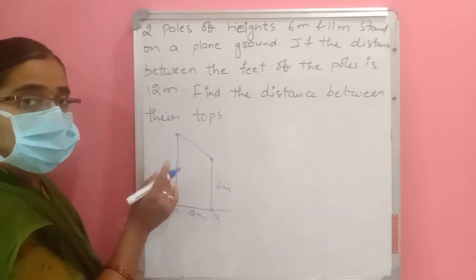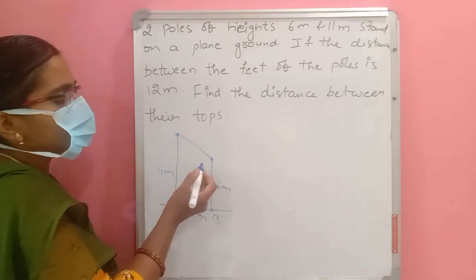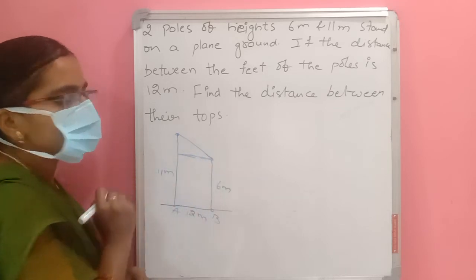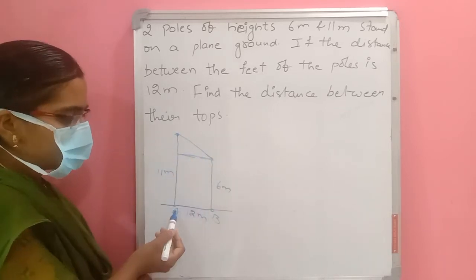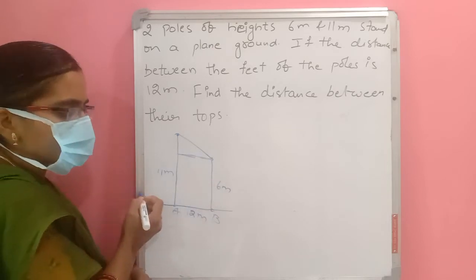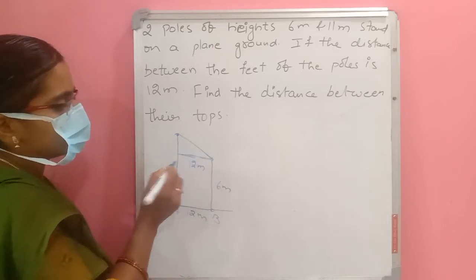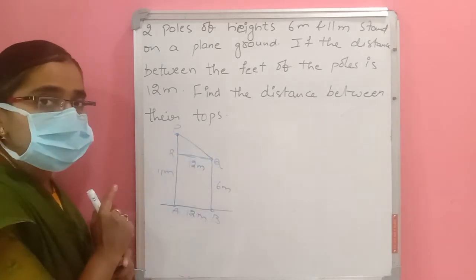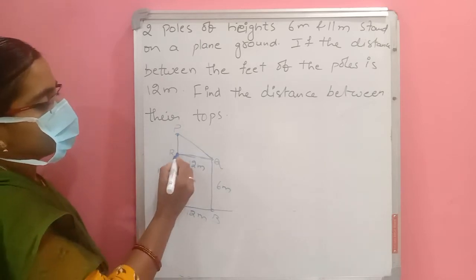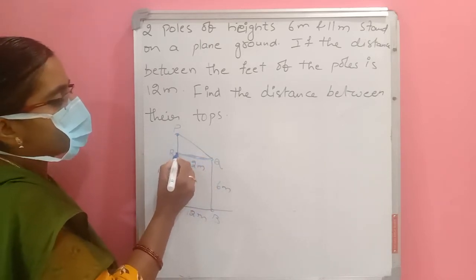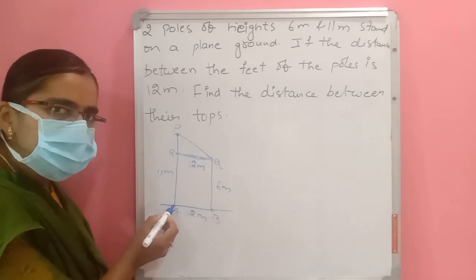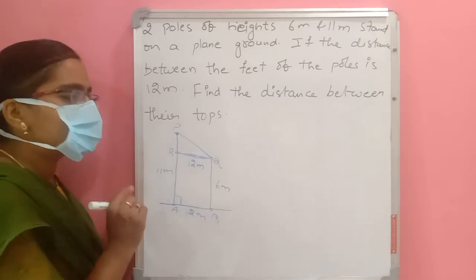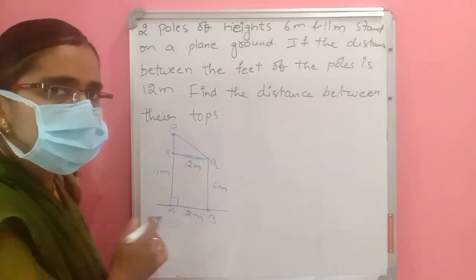First, to form a triangle, just draw a line here. I am drawing a line here. This is the distance between AB only, same, no? So, this becomes 12 meter. Take this triangle as PQR. And I have drawn a line here perpendicular. Why? Because this is a pole, which means it is perpendicular, straight, perpendicular to this ground.